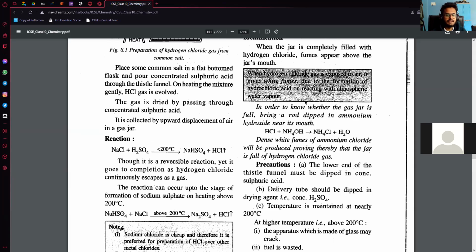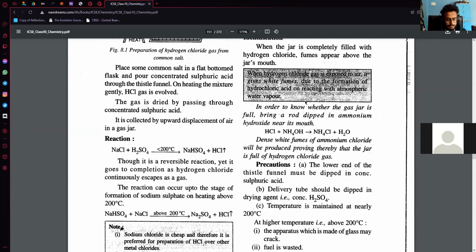The next thing is identification. I had already told you about this. How will you identify that you have a jar containing HCl gas? If you have a jar and someone says that it is filled with a certain gas, and you need to identify it, when you open the lid of the jar, you see white colored fumes coming out of the jar. This basically means that the jar contains HCl gas, because the HCl gas readily reacts with atmospheric moisture,